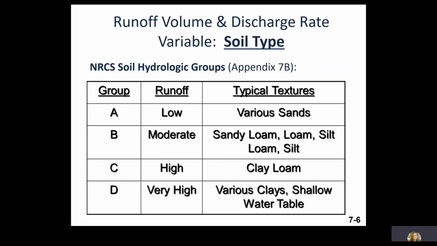It is important to note that infiltration rates, transmission rates, and runoff volumes of all soils are affected by climatic conditions such as freezing. Regardless of its hydrologic soil group, all frozen soils exhibit a high runoff volume. Appendix 7B in your manual contains a list of all soil types in Michigan, along with their hydrologic soil group, A, B, C, or D, or a combination thereof. Again, the hydrologic soil group will be used to calculate runoff volume and peak discharge.